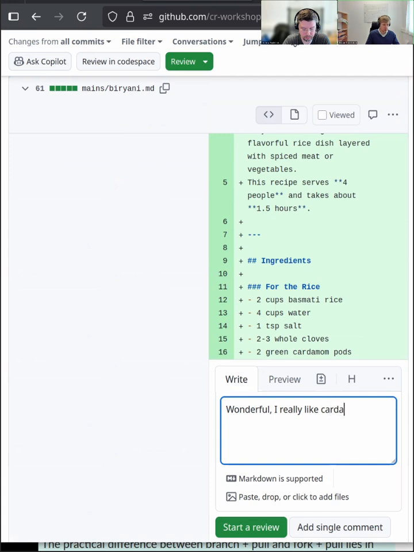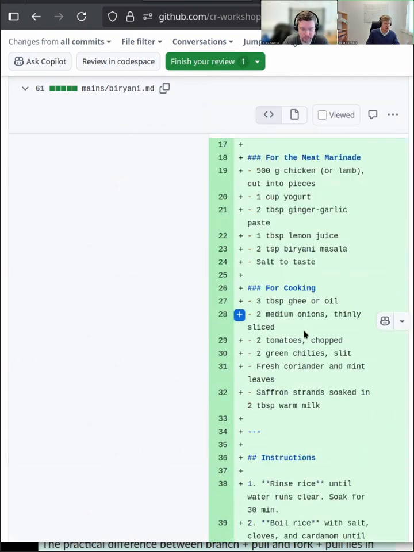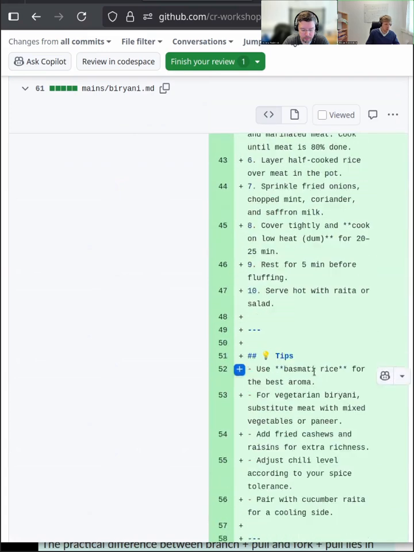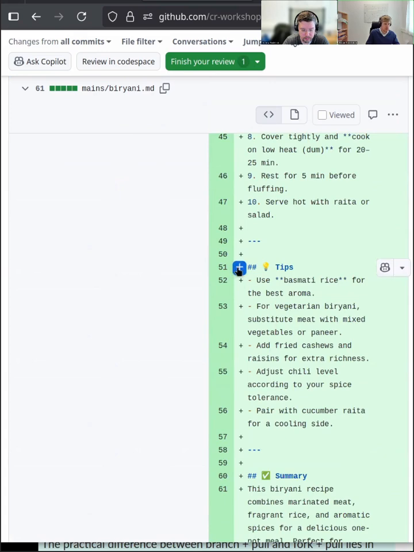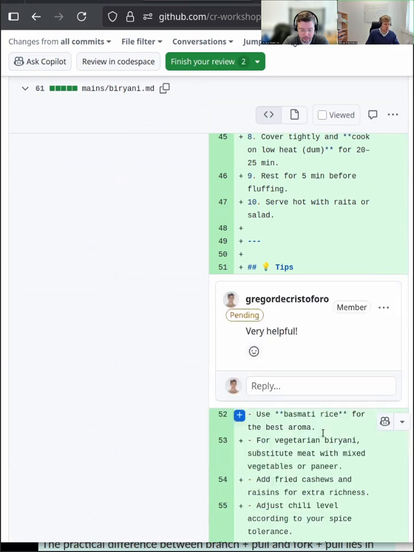Let me make sure I don't make any spelling mistakes. Let's start the review. Is there anything else that needs special attention? It looks all good. Even tips, that's very helpful. Quick review comment.